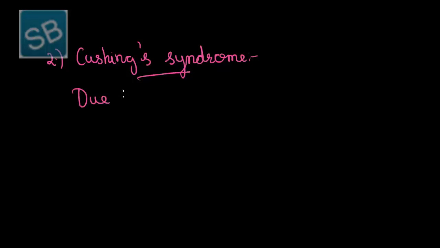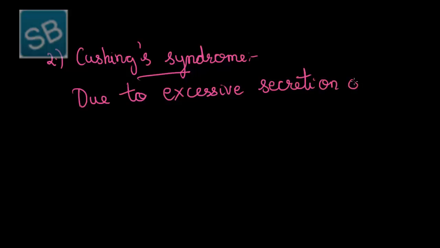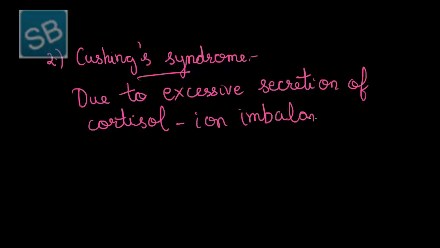Second disease is Cushing's syndrome. This disorder mainly occurs due to excessive secretion of cortisol, which again creates an ion imbalance in the body, thereby disrupting the entire mechanism. The main symptoms of this disease are